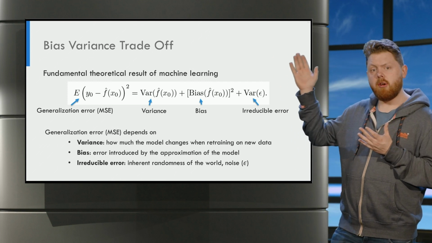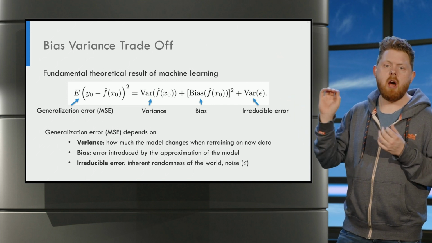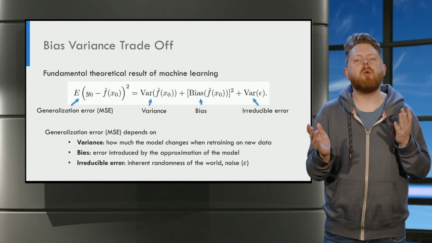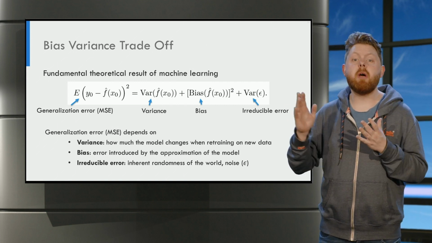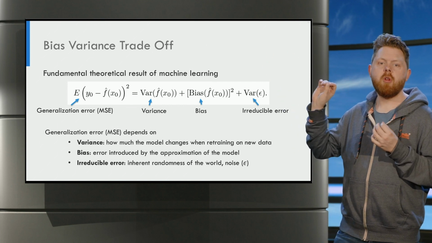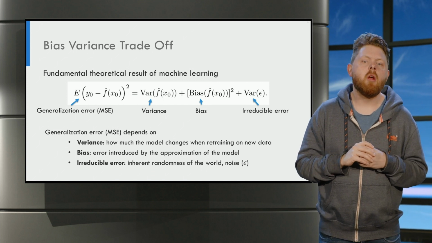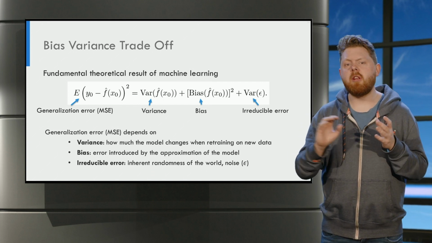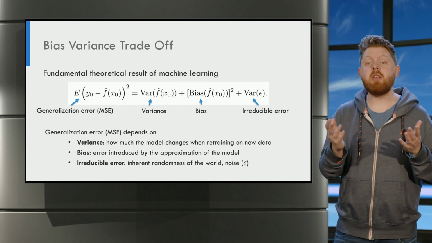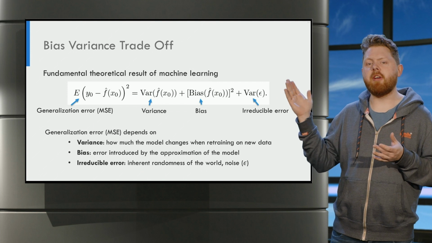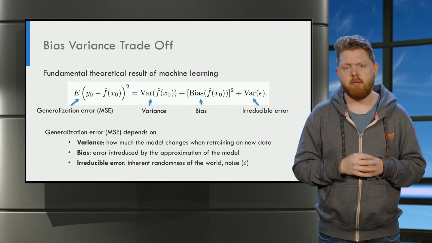Note that this is called the bias variance trade-off for historical reasons. However, it does not mean you always have to trade one term for the other. In some cases, you can make all terms small. So trade-off is a bit of a misnomer. Finally, you should note that this equation holds for the mean squared error. If you care about classification, a similar trade-off exists for the error rate, but we don't go into that here.